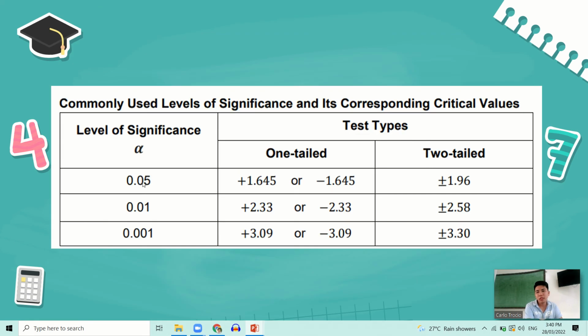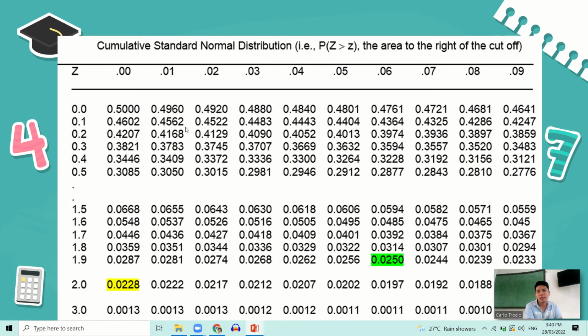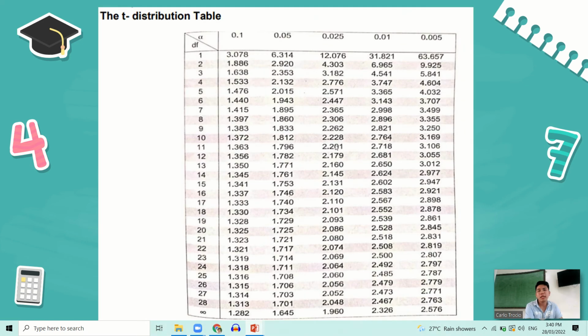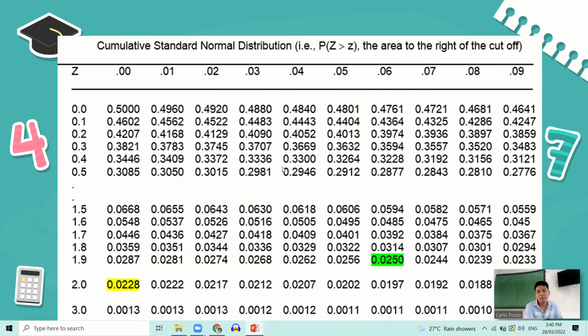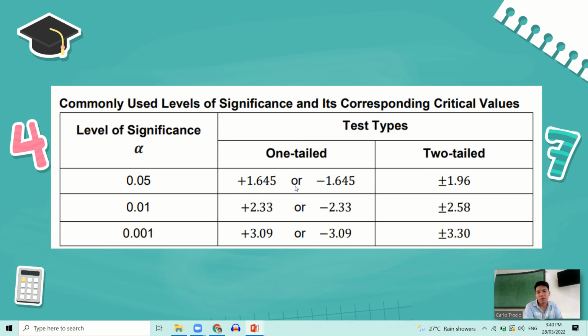It is very easy to know how to use it because we have this and this. Okay, let us check if it is correct. 0.05, somewhere here. We know it already, that is 1.645. Here, 1.645. How about two-tailed? This one is for one-tailed, and then for two-tailed we can use,